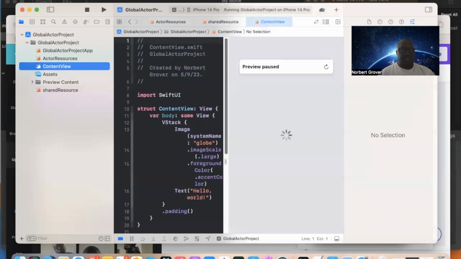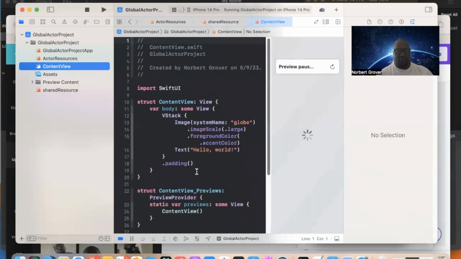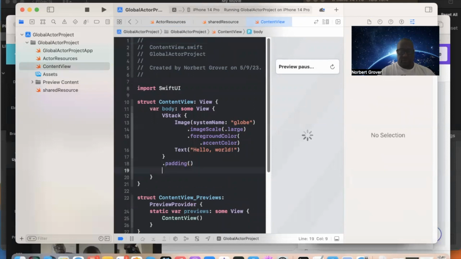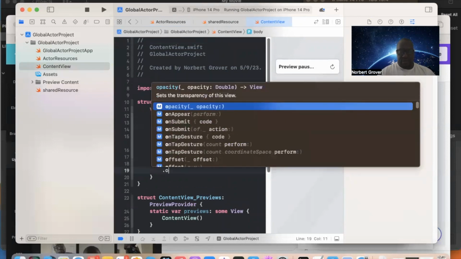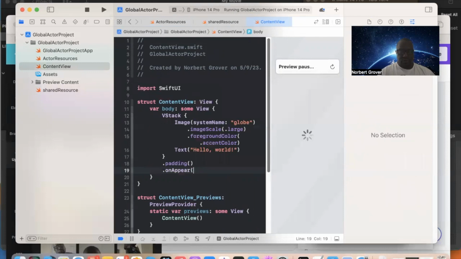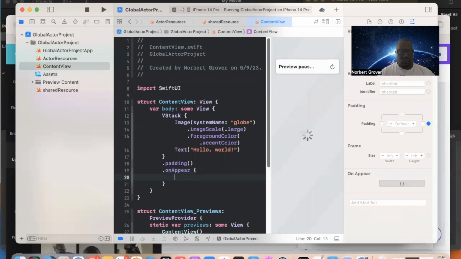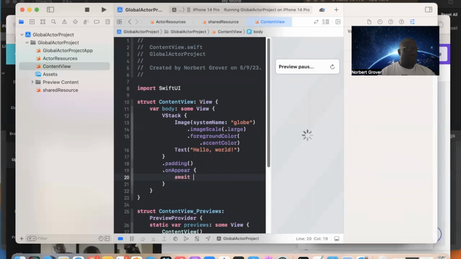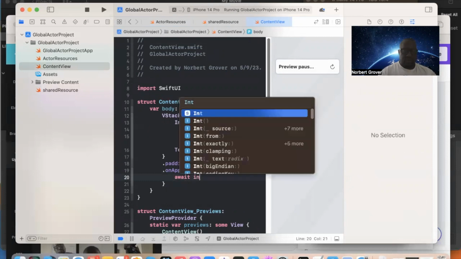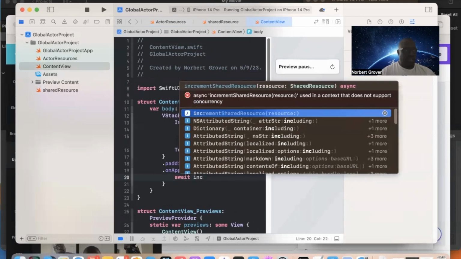Now let's go to our content view. Right? And in our content view, we have all this stuff going on. But I'm gonna say dot on appear. This is just like viewDidLoad in UIKit. Await, and I'm gonna make a video on await. Increment shared resource,